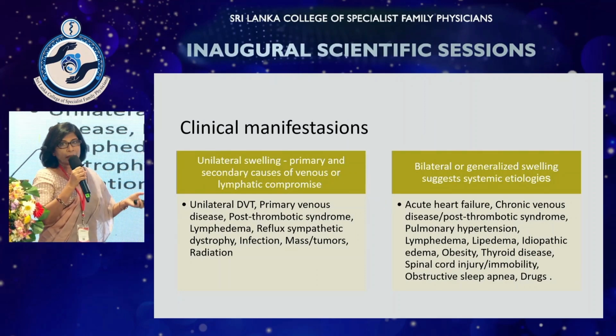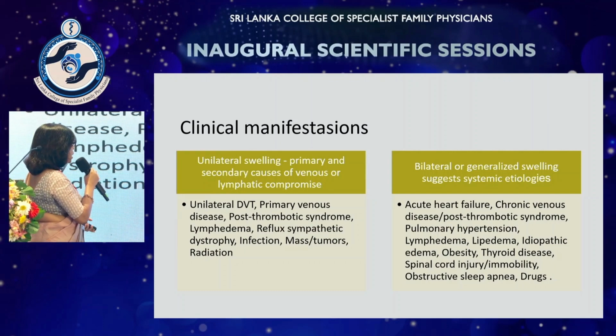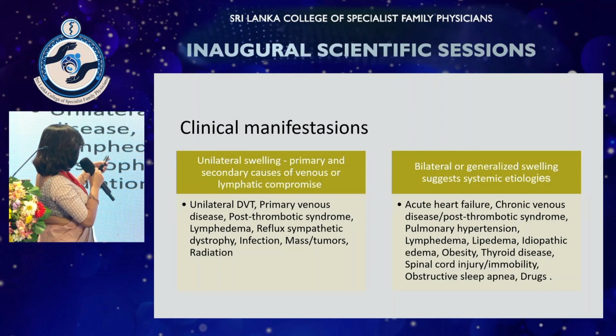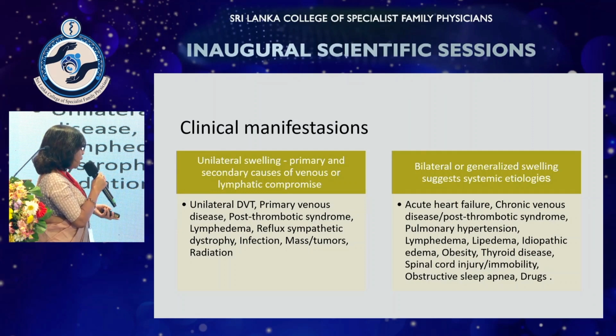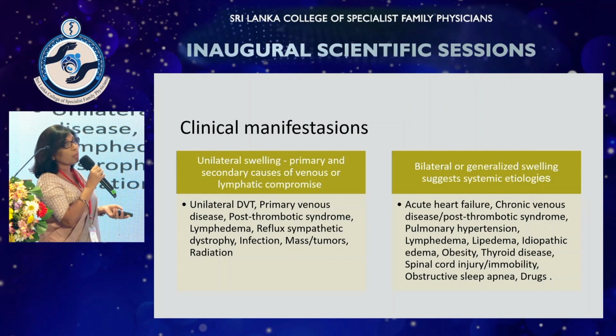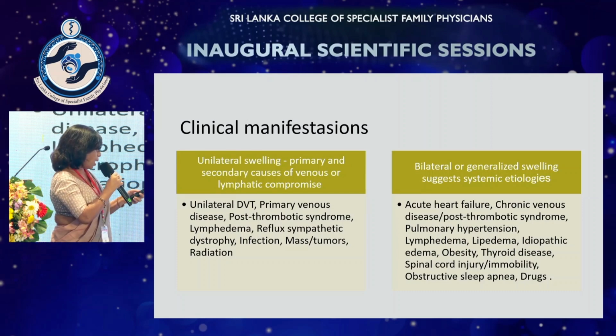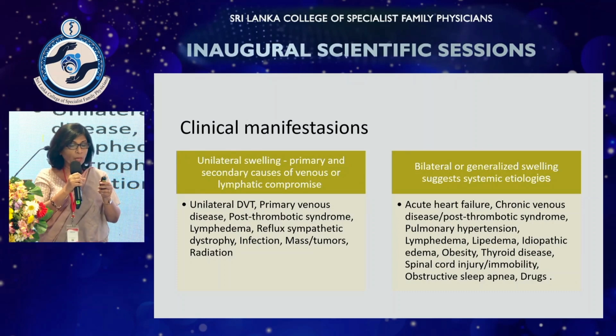So, for instance, I can give some examples: acute heart failure, chronic heart failure, chronic venous disease, post-thrombotic syndrome, pulmonary hypertension, lymphedema, lipedema, idiopathic edema. Even obesity can cause it, and endocrine diseases like thyroid diseases. Spinal cord injury can cause bilateral edema, as can immobility and obstructive sleep apnea, as well as the medications we use